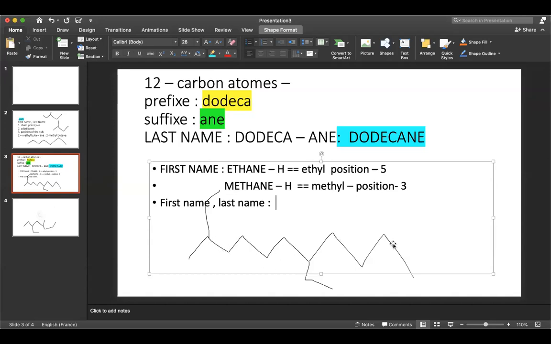And the shortest possible substituent that we're going to find in this chain is this one here, the methyl. But we're also going to take note that there's rule number 4. Rule number 4 says that we are supposed to take into consideration their alphabetical alignment. So E comes first. Then we have the M later on. Now, in this case, E is found at position number 5. So it's going to be 5,